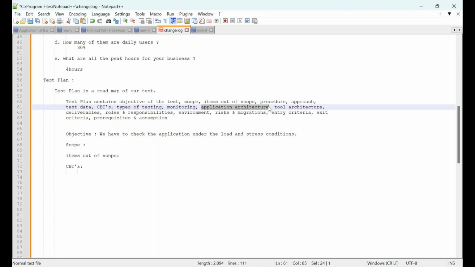If you are providing the orders from the front end, or if you are injecting the load from the front end, it will go to the server. How will it go to the server? Through any third party component or any other components, which we have to understand. So why we have to understand the application architecture is, see, for example,